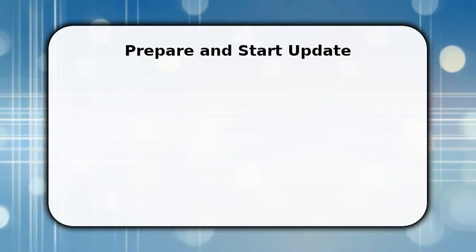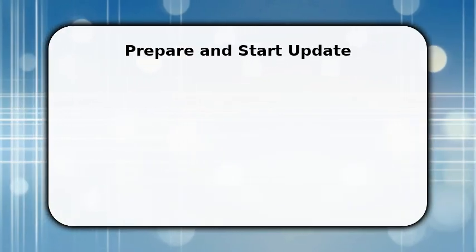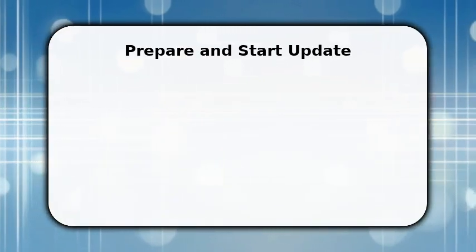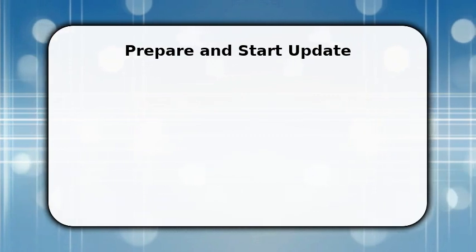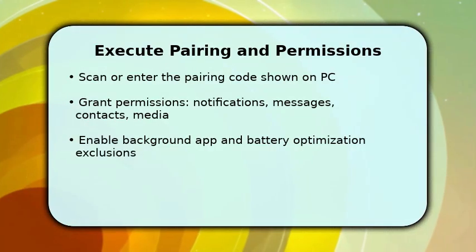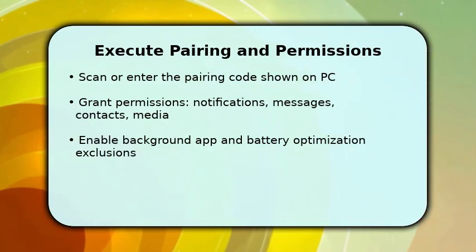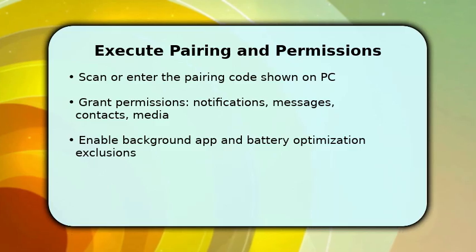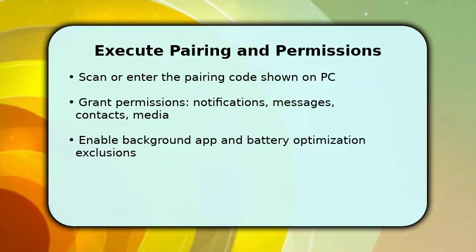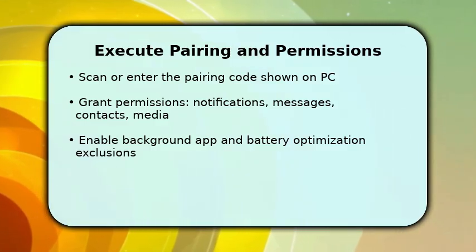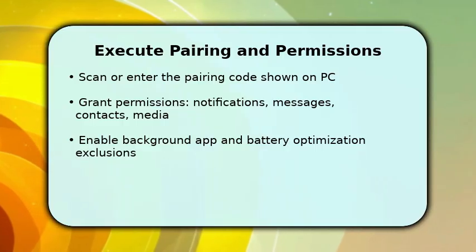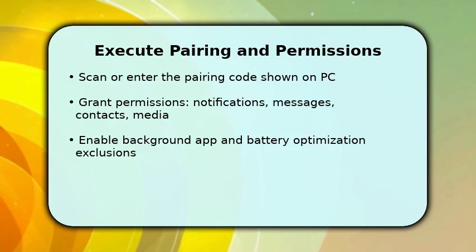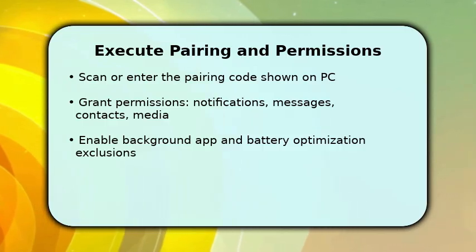Once done, open the Phone Link app on your PC and tap Link a phone on the phone to initiate the pairing code process. You now handle the core pairing and permissions. Scan the QR or manually enter the code displayed on your PC. This authenticates the connection. Then grant the app required permissions, notifications, SMS, contacts, and media, because without them the features